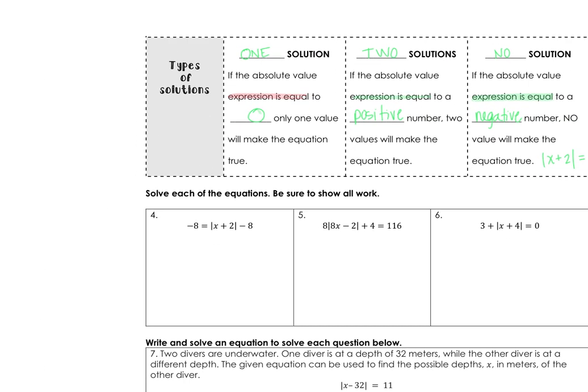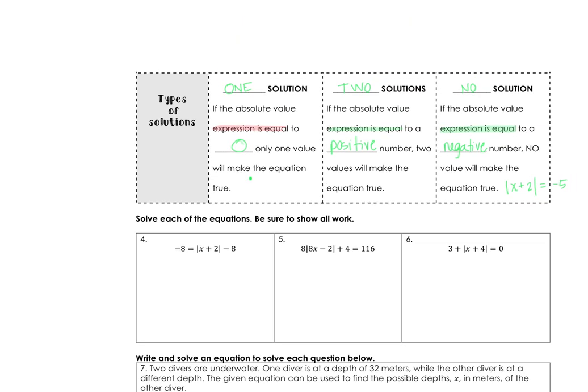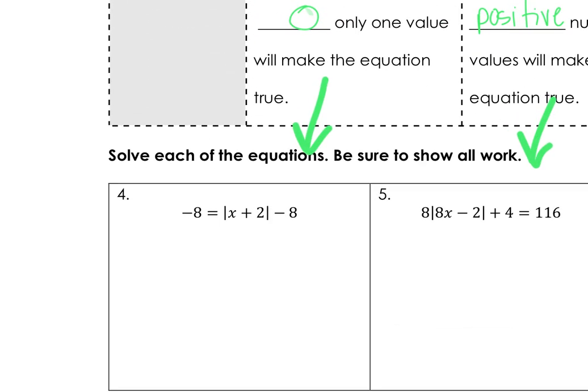Now we're going to quickly look at one of each type. So number 4, and this is like right underneath. Like number 4 is an example of one solution. This is going to be 2 solutions. This is going to be 0. Okay? So I gave you the problems right underneath the type so you can see what I mean. So if I look at number 4,